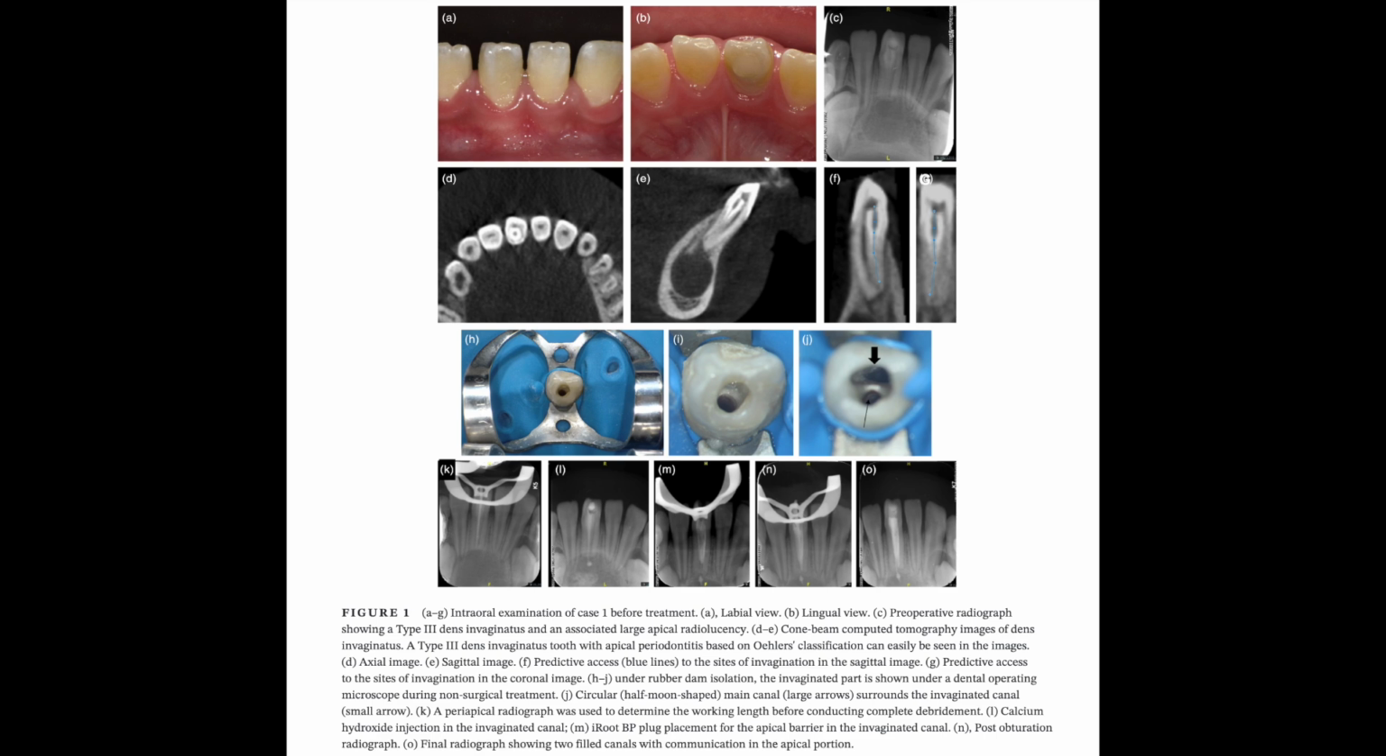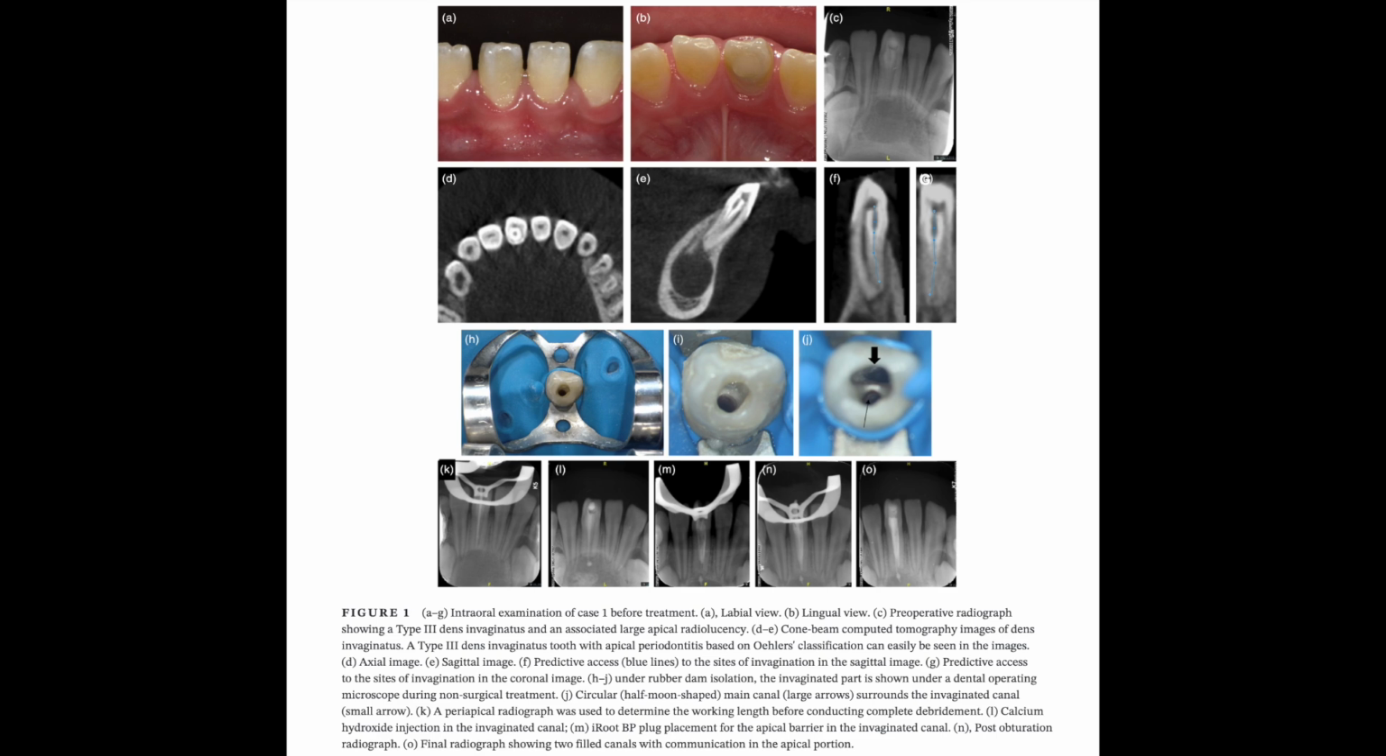So, as we know, the classification of dens invaginatus, according to Oehlers' classification, categorizes it into three types. Type 1, which is invagination restricted to the crown. Type 2, extending into the pulp chamber but remaining within the root canal. And type 3, extending through the root, communicating with the periodontal ligament, with further subdivisions like type 3A and type 3B